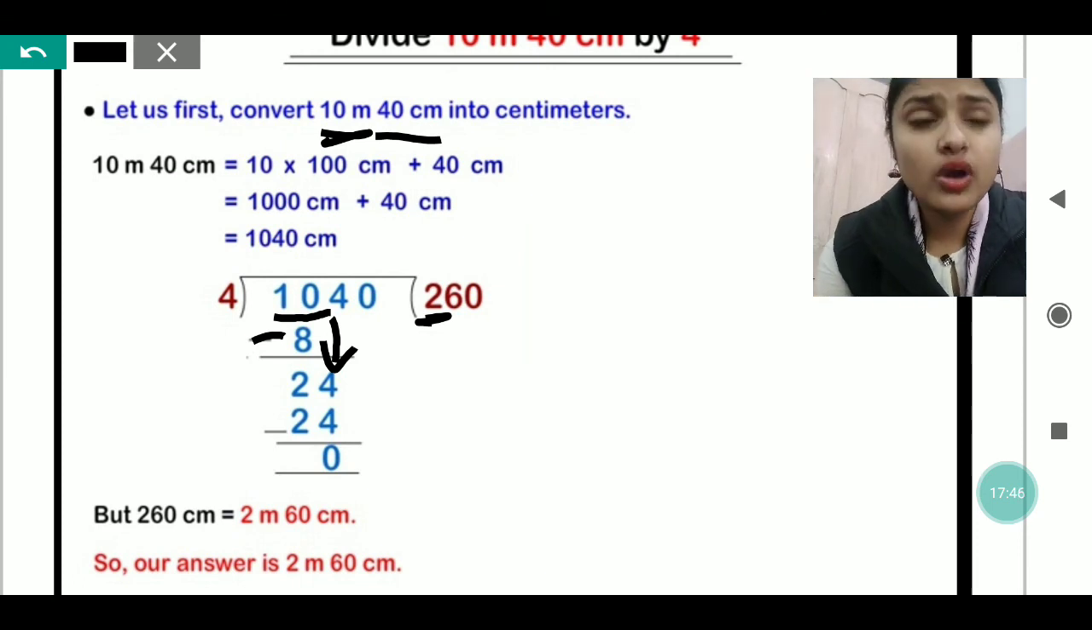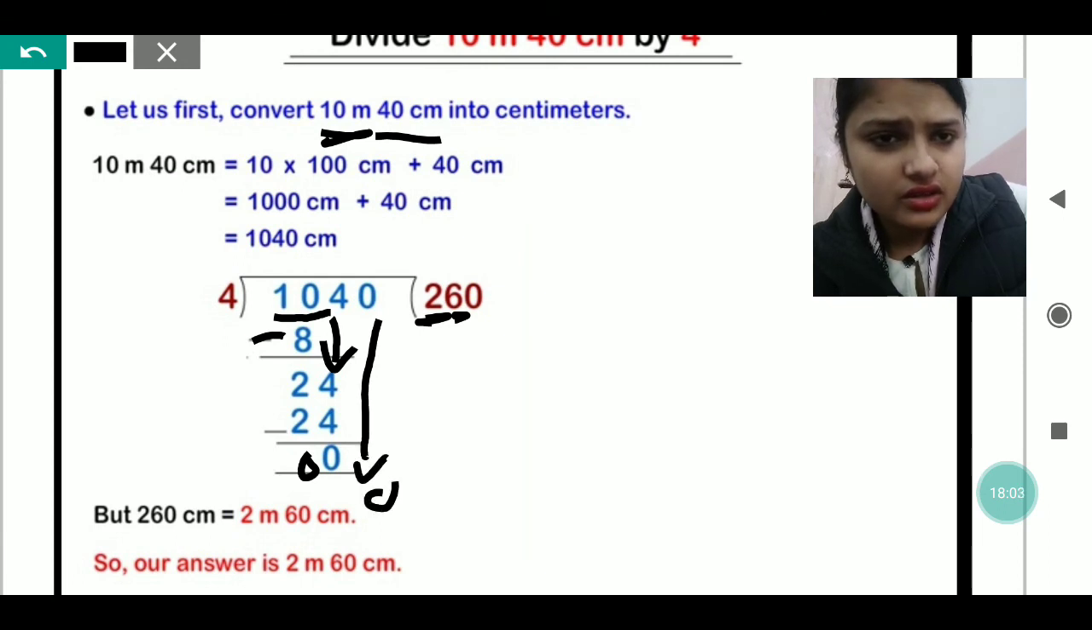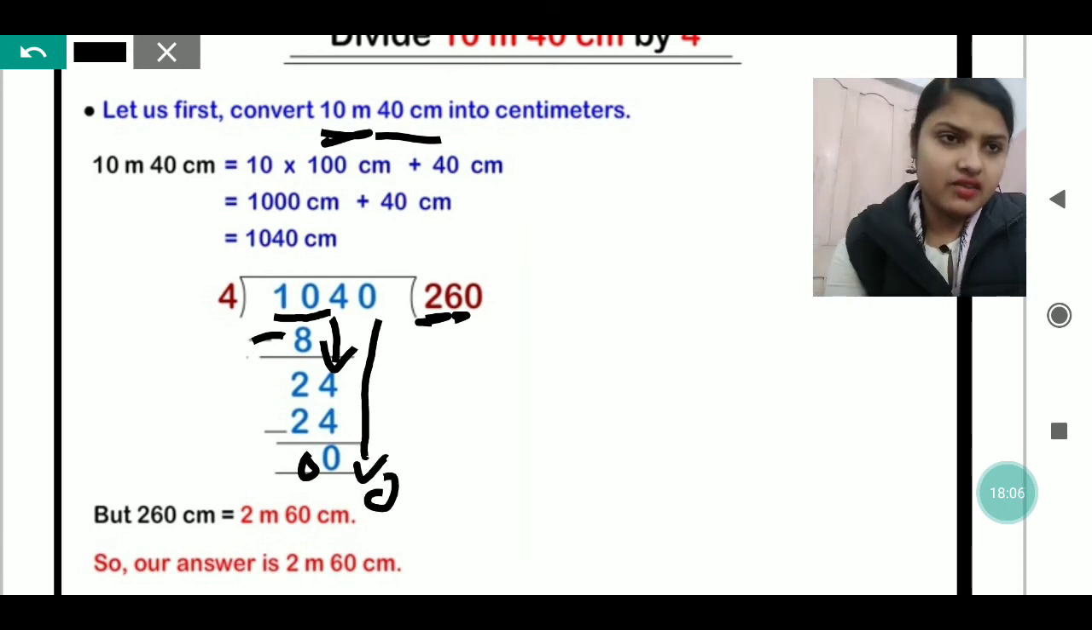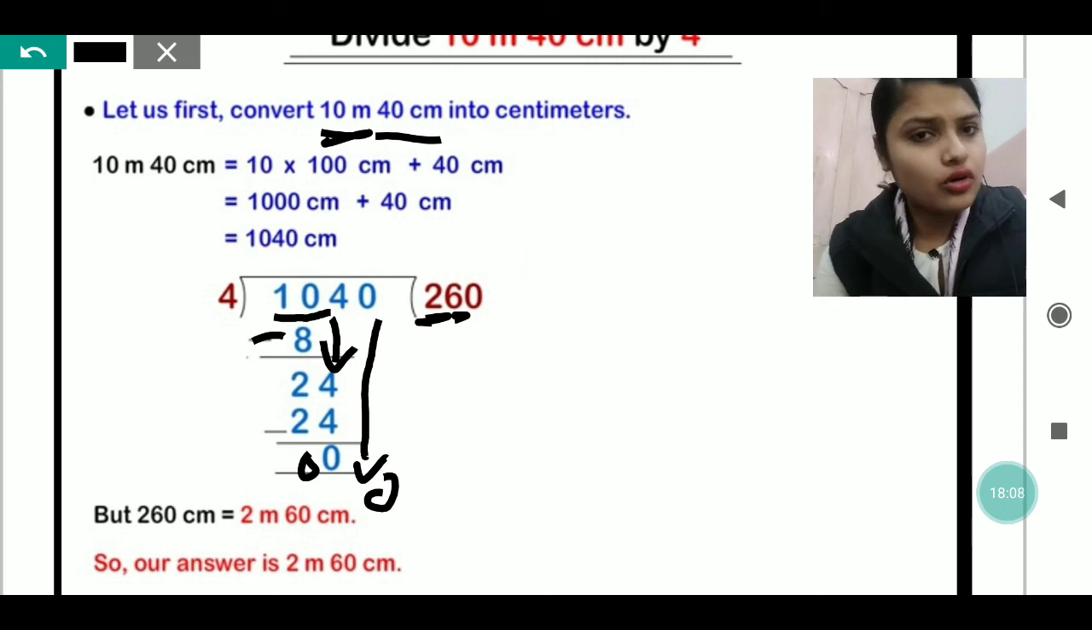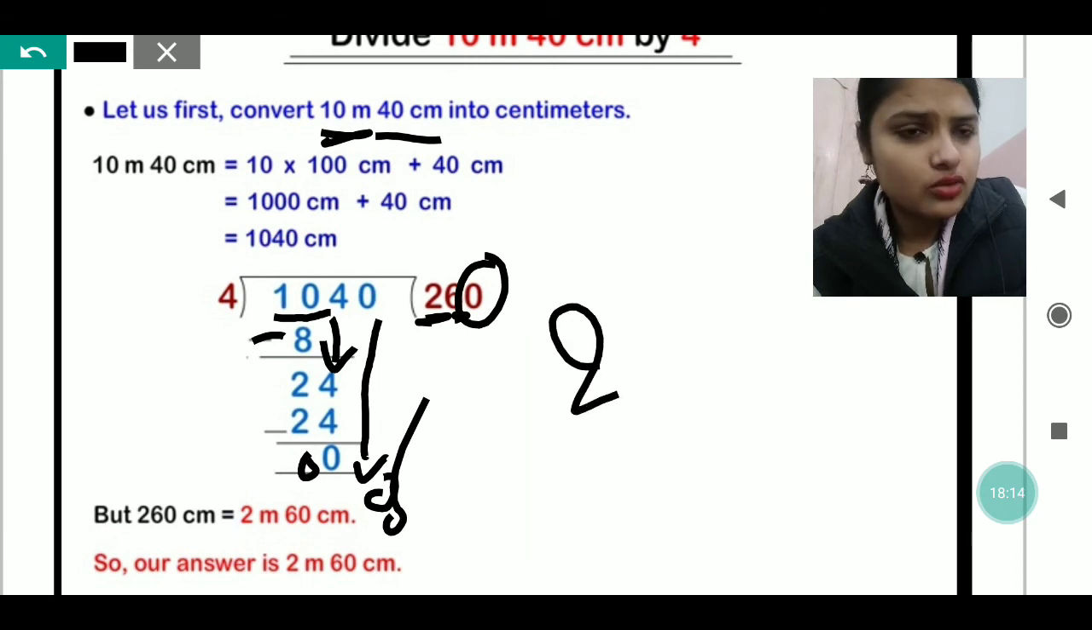Now this 2 has become 24. Now 24 is divisible by 4. Yes, it is divisible 6 times. So we will write 6 in the quotient, and 24 just below 24. And we will subtract, 4 minus 4 will be 0, and 2 minus 2 will be 0. After that this 0 is left. We know that when 0 is divided by any number, we get 0. So 0 divided by 4 will be 0. That is why 0 is written here. So the quotient you will get